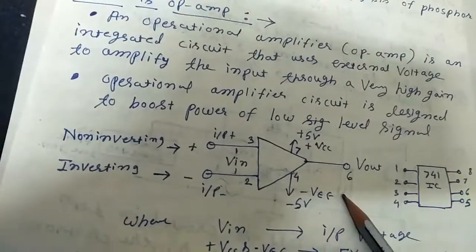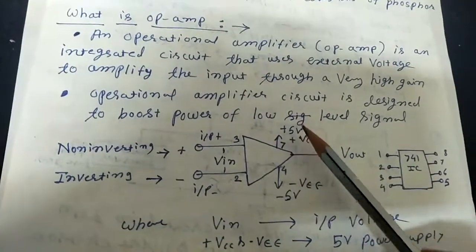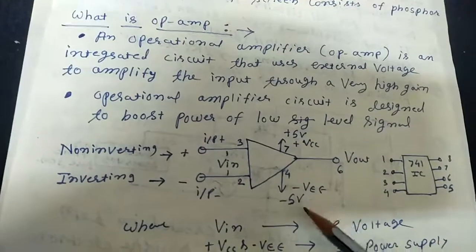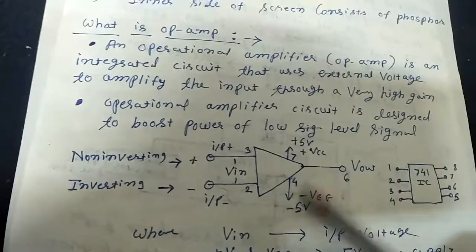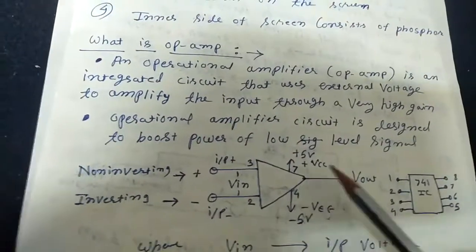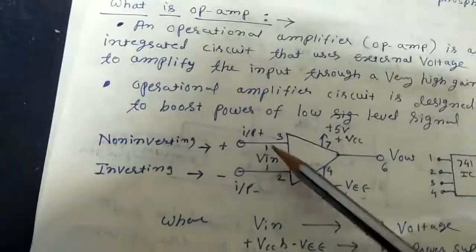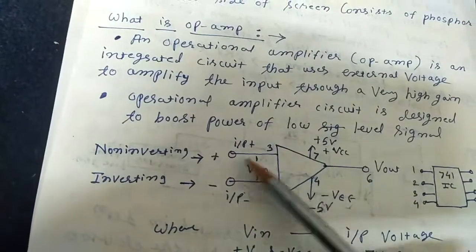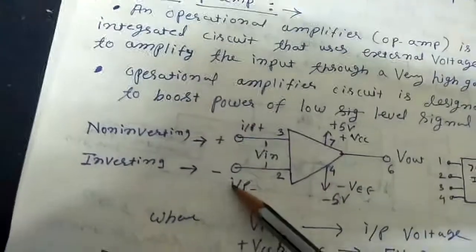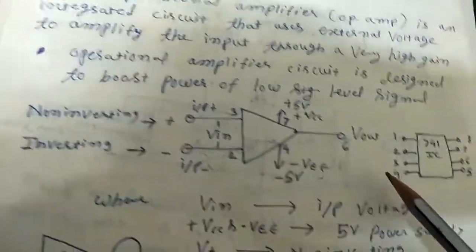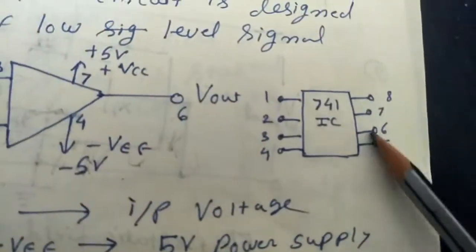Okay, so this IC is operated with some voltage supply, plus 5 volt or minus 5 volt, VCC and VEE. So this is the voltage supply, means this IC is operated on an external voltage supply: plus 5 volt minus 5 volt, or plus 15 volt minus 15 volt. So I am giving pin numbers here. This is pin number 3, positive. So this is the positive input, and this is the negative input, inverting, so the number is 2. Output is pin number 6, so here I am giving 6.